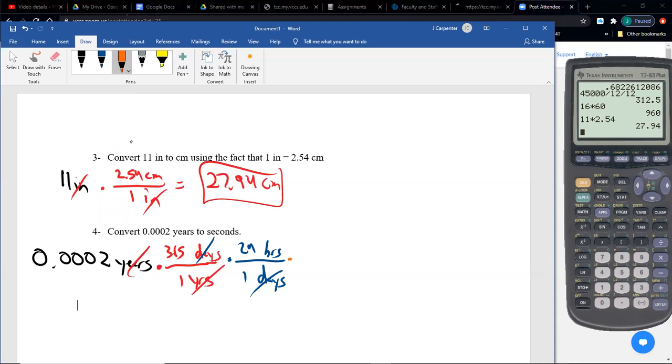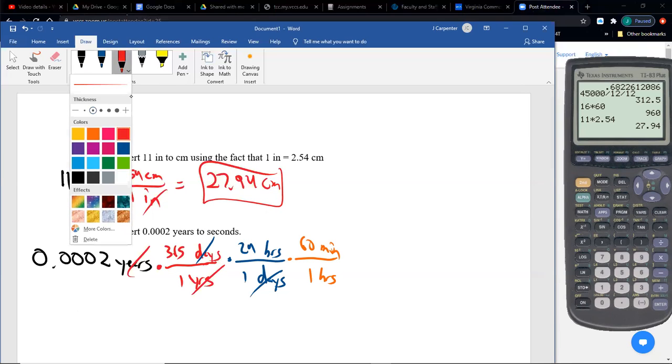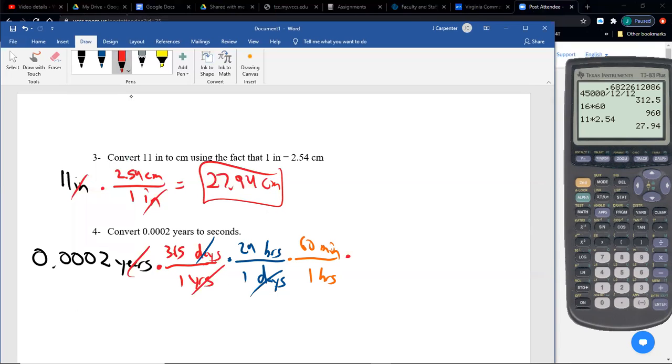Hours, we can go to minutes. Out with the old, so hours go in the bottom. Minutes then go in the top. It's 1 hour is 60 minutes. And then one last one. Oh, sorry, I forgot to cancel, but that's okay. The hours will cancel. And then going from minutes to seconds, out with the old, minutes go in the bottom, in with the new, seconds in the top. 1 minute is 60 seconds. Minutes are gone. And we're just going to take the 0.0002